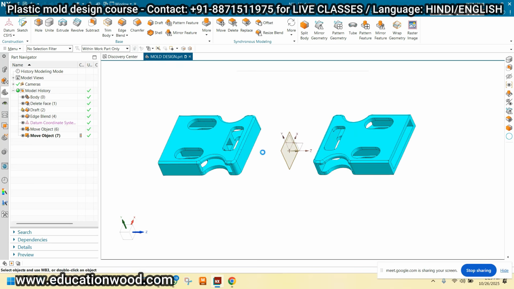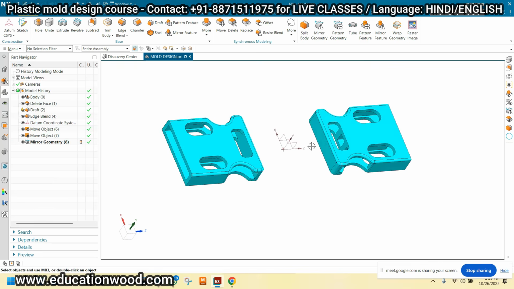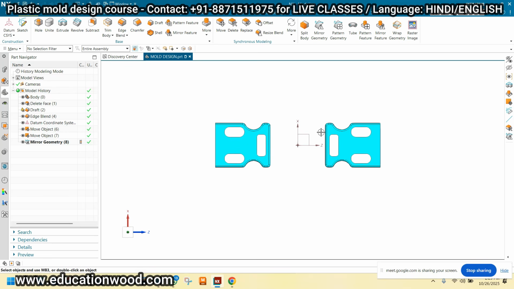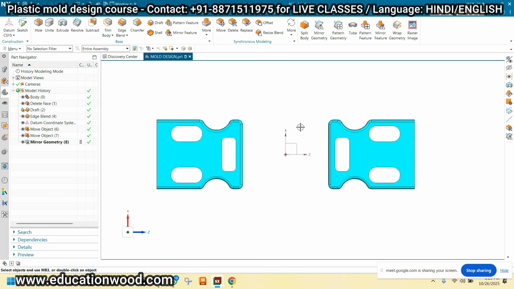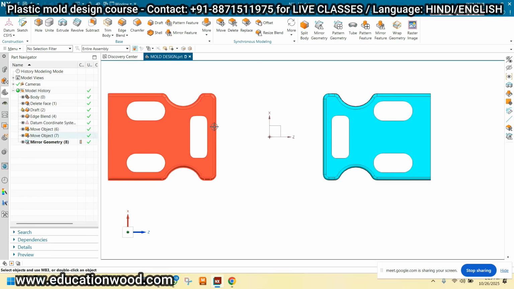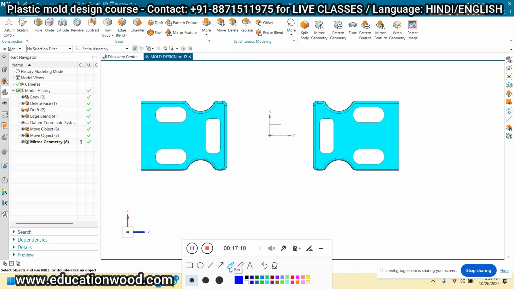So from one component to another component, what is the distance right now? 40 mm. This is one feature, this is another feature, but I'm taking a 40 mm distance. What is the reason? Because in the middle there will be a runner, right or wrong?